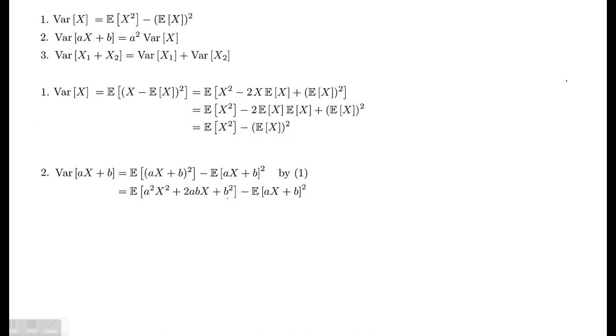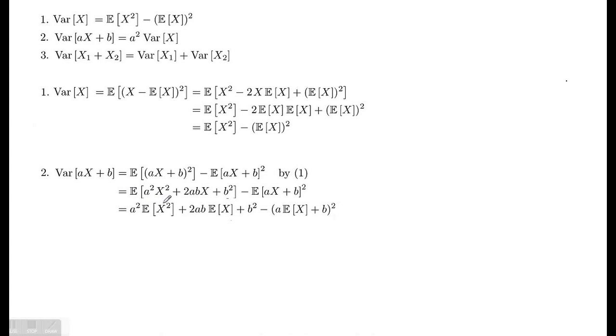If we again expand this one using the binomial formulas, we get the expected value of a squared times x squared plus 2 times a times b times x plus b squared. We leave the second term just the same as in the first step. Then we do the same thing we did in the second step: by linearity of the expected value, we get